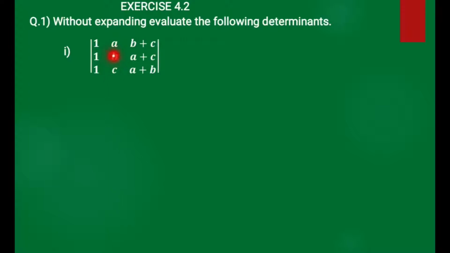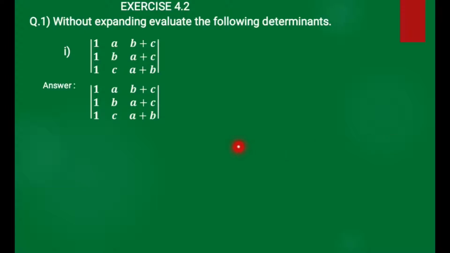That means here the entries in the first column are 1 1 1. So we try to convert the second column entries or third column entries to 1 1 1. So we use the property that if two rows or two columns are identical, then their determinant value is 0. So here if you observe,